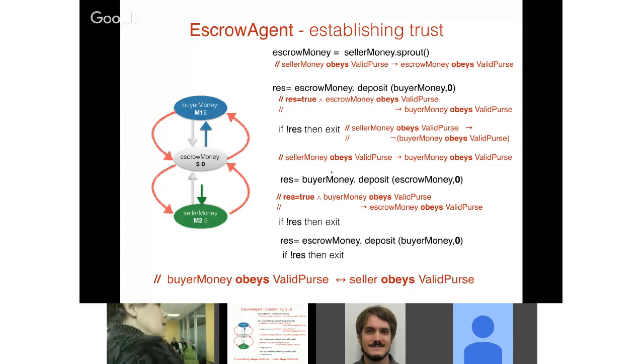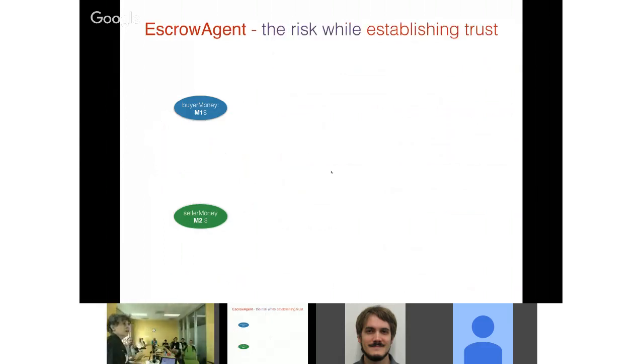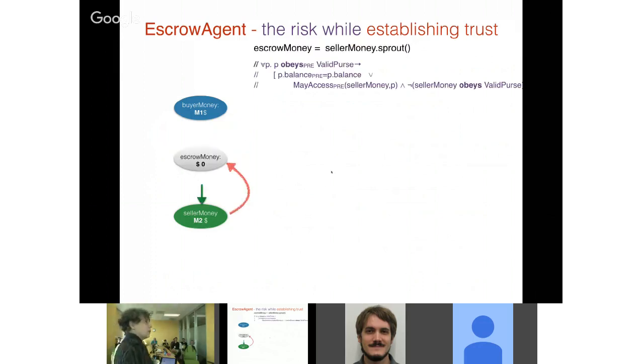But the other question is, if during any of those transactions, one of the purses was a rogue purse, could it go and steal some money? So what is the risk to which I'm exposing the good guys if just one of the guys was bad? Because if we exit anywhere here, then one of them is good and the other one is bad. And then we want to make sure that we have not exposed the good guys to risk. So the next question to consider is, what is the risk that is involved during this phase of establishing the trustworthiness? So we need again to consider the same code as before, but now we are not thinking about trust,